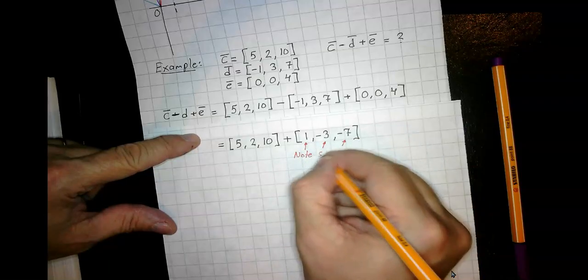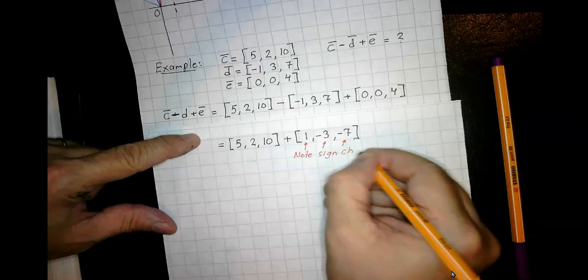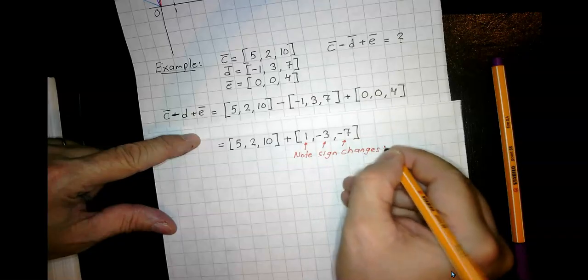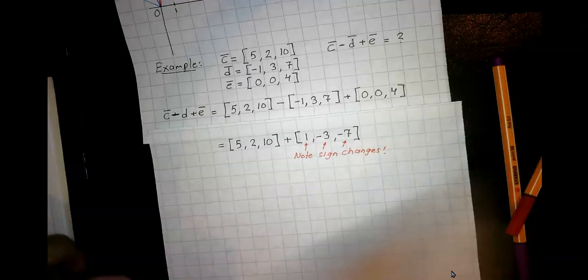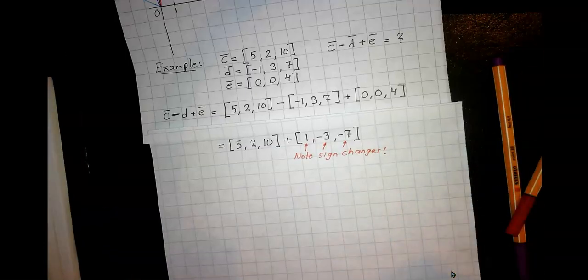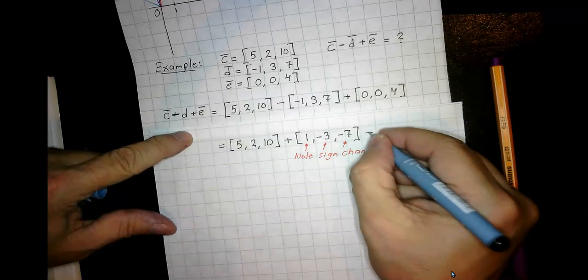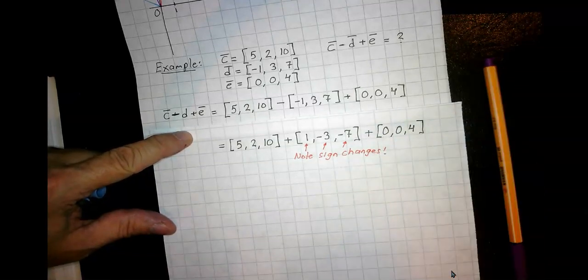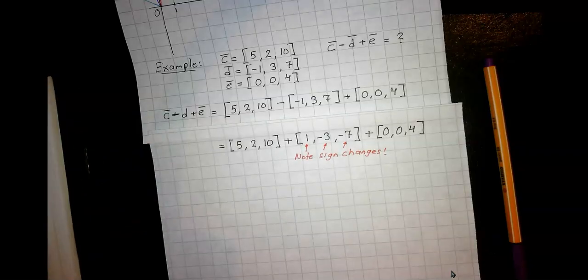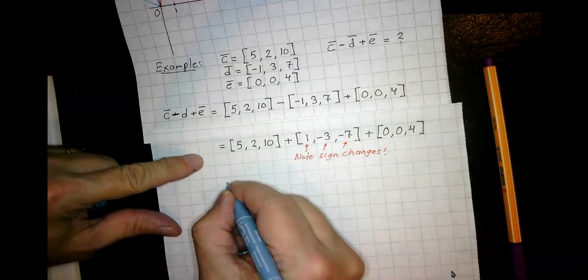Note sign changes because of that minus sign there. And then we have this last vector here. We will add that right now. And now we have only these plus signs there between those vectors. So after that we will get,